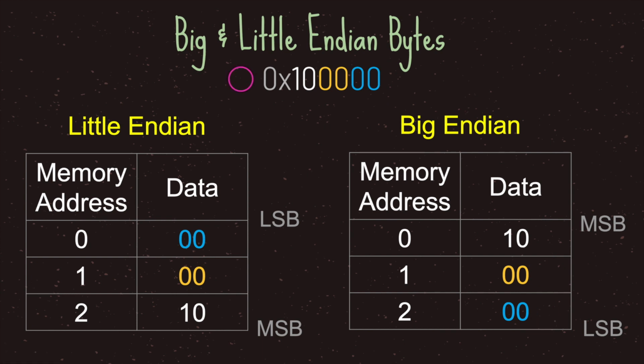Now, the easiest way to remember the order of bytes is that when dealing with little endian byte order, the little end starts first. And when dealing with big endian, the big value starts first. Now, no matter what our byte order is, our value will still be the same. And so a big part of endian is that as long as we are consistent, it should not matter how we are ordering things in memory addresses.